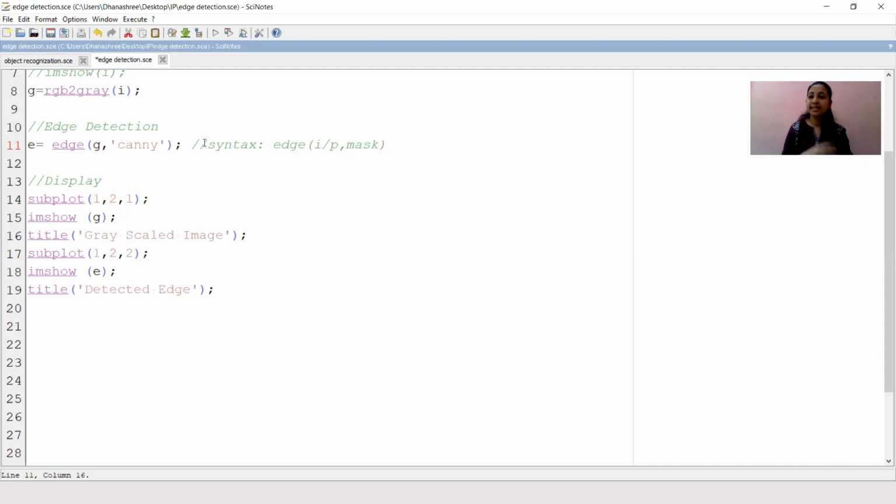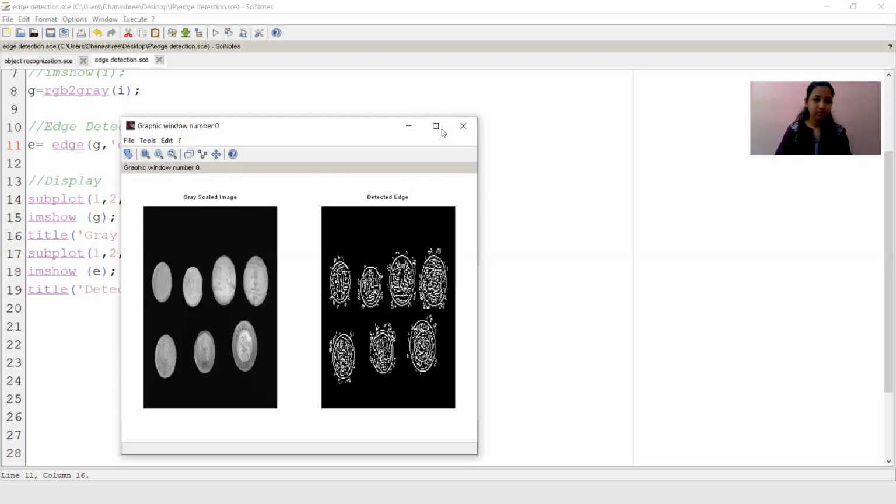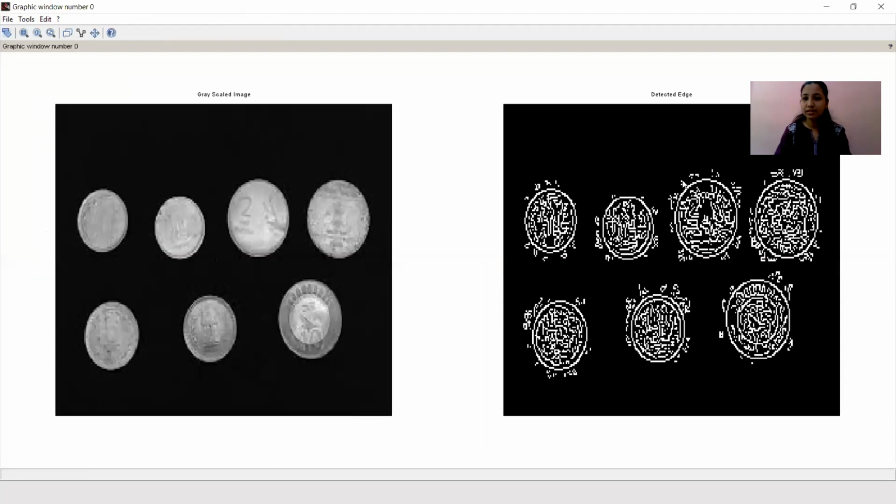So the Canny edge detector is again useful. Can you see the difference in the image? Earlier it was only boundary, and now wherever there is a change, each and every abrupt change is noticed.